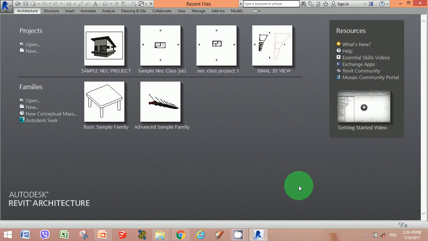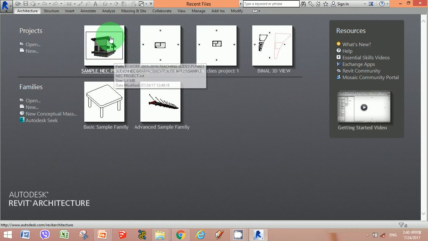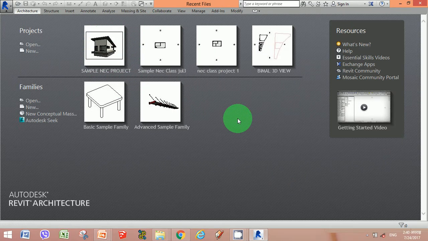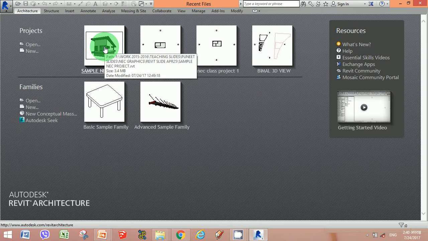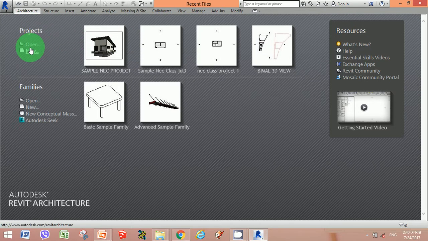In this lecture, we are going to learn about the basic tools of Revit, and we are going to learn how to use the Revit tools accordingly to our design, and we are going to make a basic house plan like we are seeing in this project. We are going to use Revit tools to create a building plan and a building elevation like we are seeing in the sample here above. Now let's open a new project.